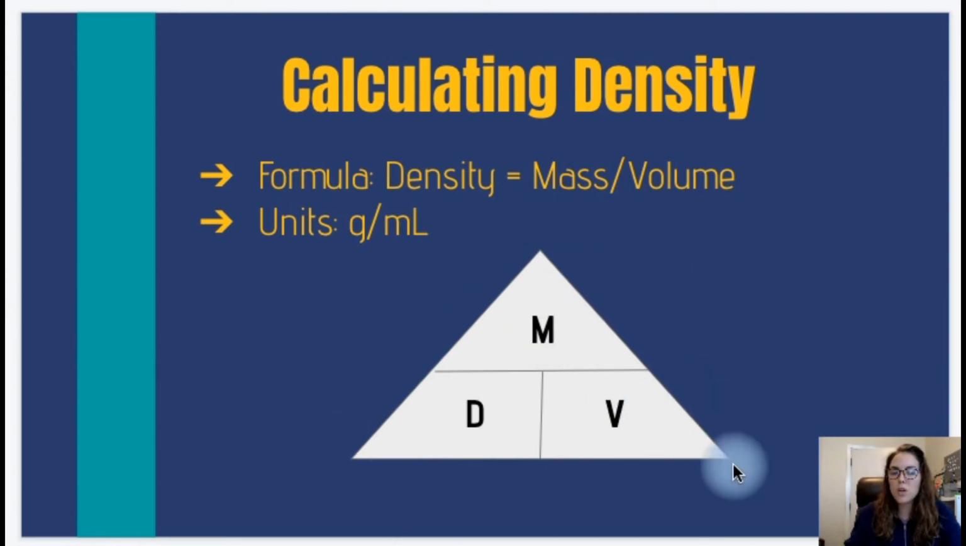So by using this triangle, whatever you're trying to find out, you cover it up, and the other things will tell you your equation, okay? So for example, if I want to find density, if I cover that up, I would use mass divided by volume. Say I want to find mass. If I cover this up, I would use density times volume. If I wanted to find volume, I would do mass divided by density, okay? So for example,